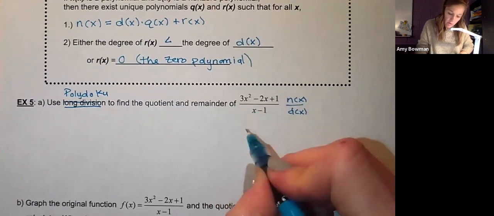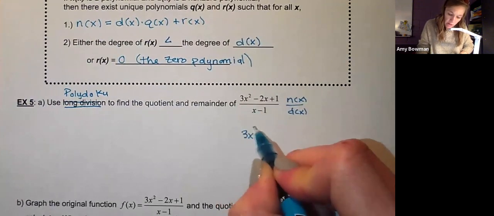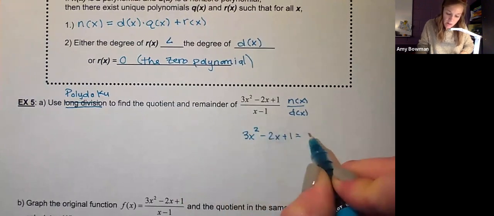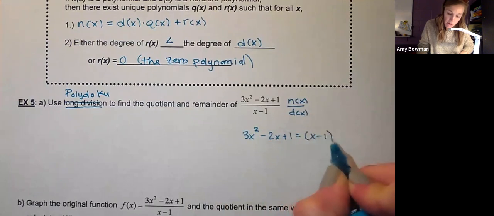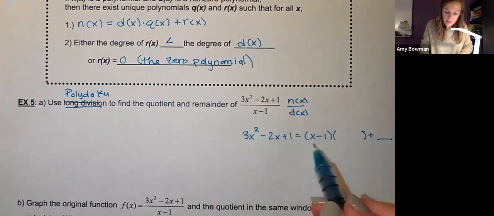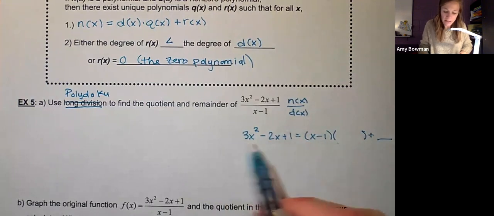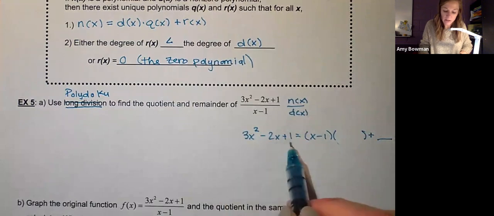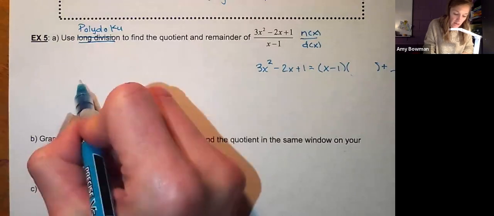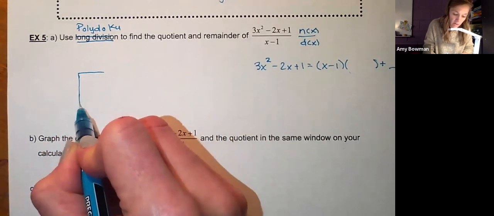So I want to know if I take 3x squared minus 2x plus 1, and I divide out x minus 1. So x minus 1 times some divisor polynomial, quotient polynomial, plus some remainder. So I want to know x minus 1 times what is going to give me 3x squared minus 2x plus 1. So the setup for polydoku, if I'm taking, again, area model,